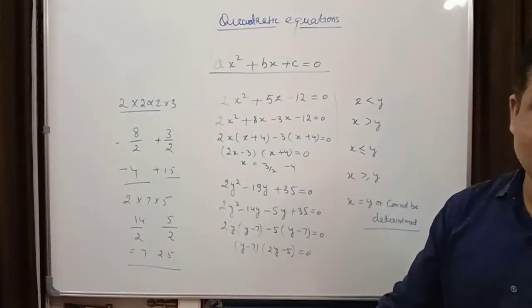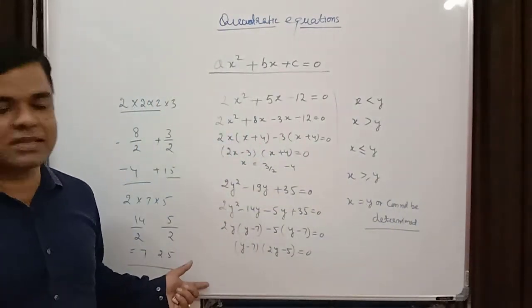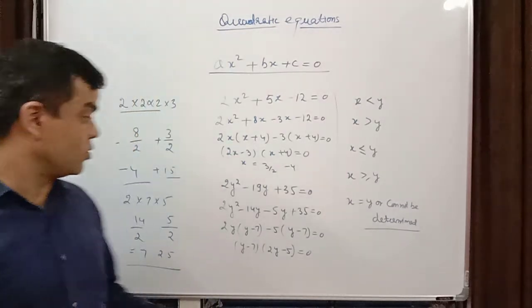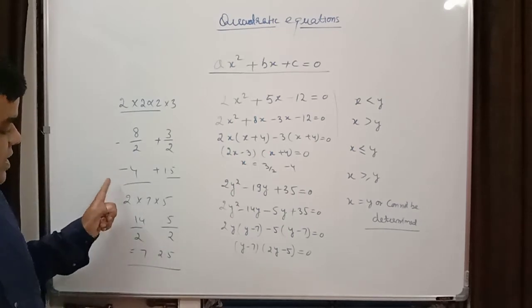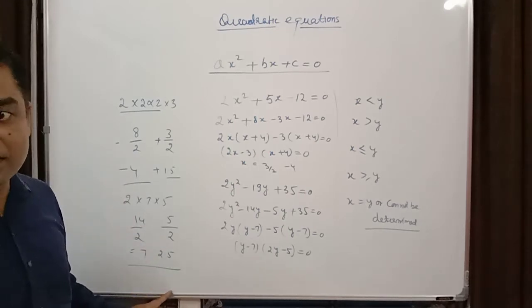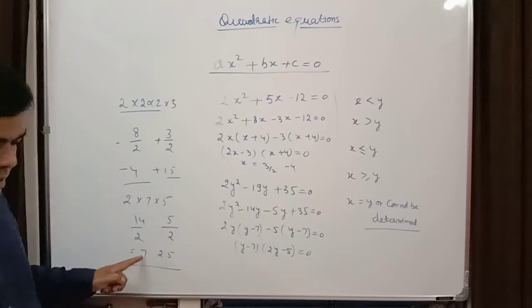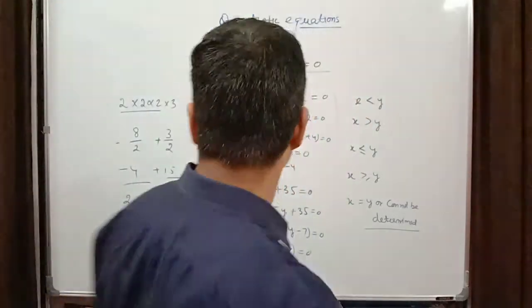Now the roots have been calculated. The next thing is the comparison of roots. Some candidates calculate the roots correctly, but they don't compare them correctly. That I have explained you. Each root of x will be compared with each root of y separately. This root will be compared with both of these two. Remember this clearly. We'll take another example.